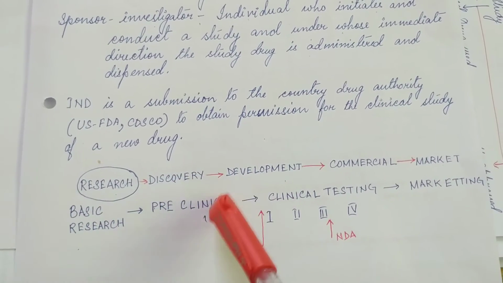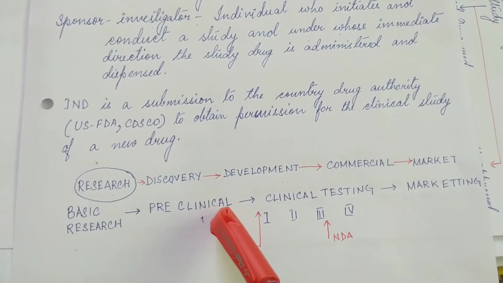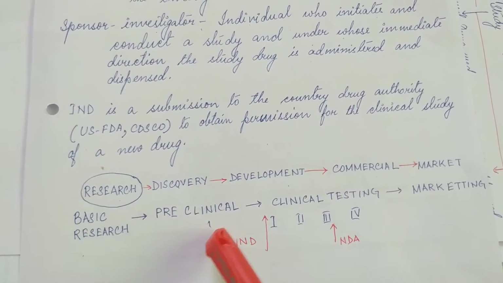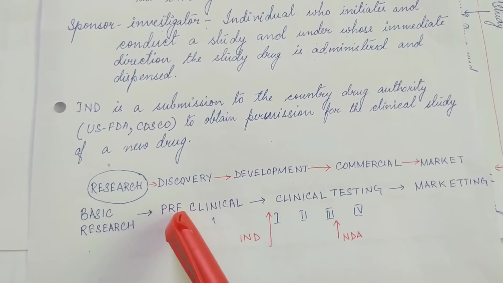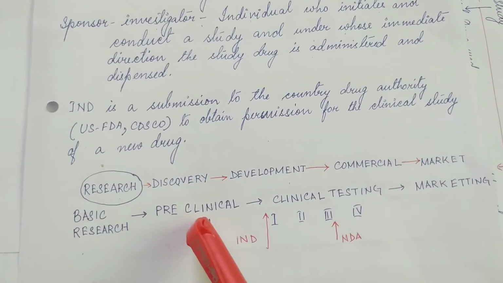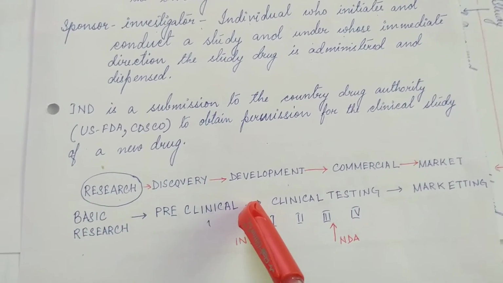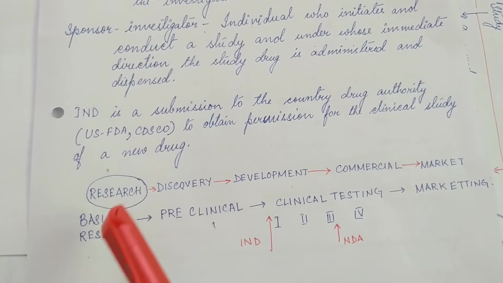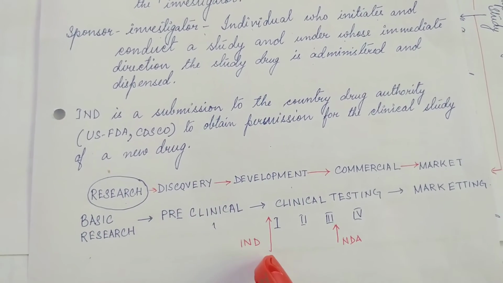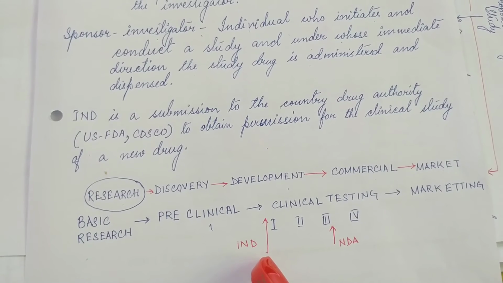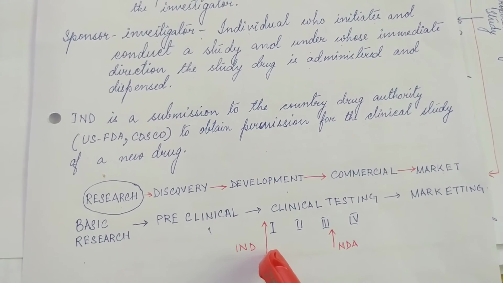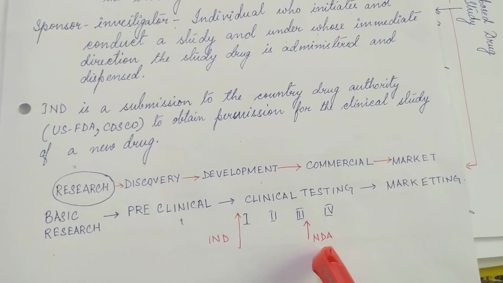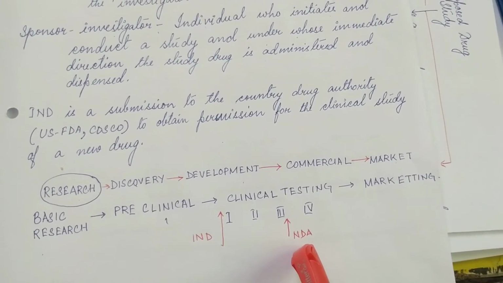Why it is called preclinical? Clinical means human study. Pre means before. Before human study. That means we do it in the animals. Now, up to the data, up to the preclinical study, whatever data we get, for that data we will file the IND, that is investigational new drug application. Then if we get a clearance for that or approval for IND, then only we can go for the NDA, that is new drug application